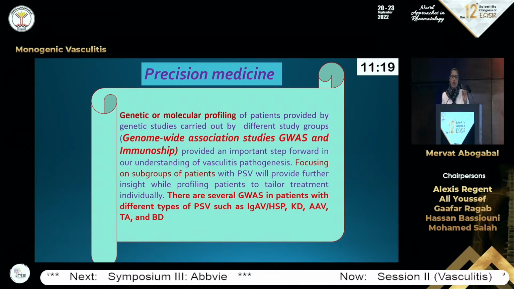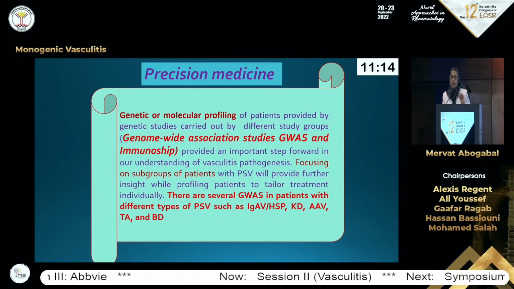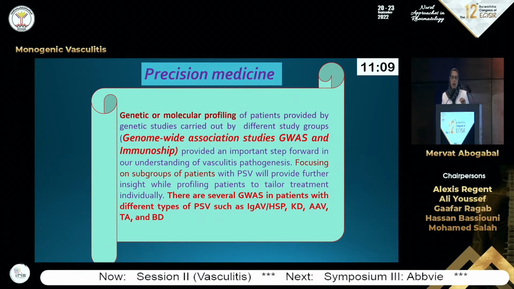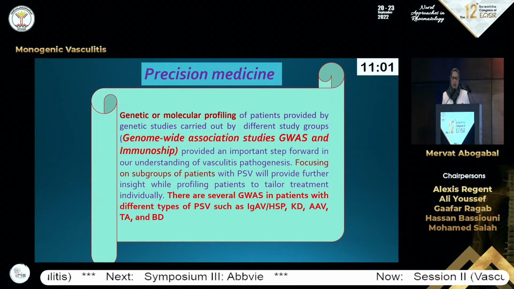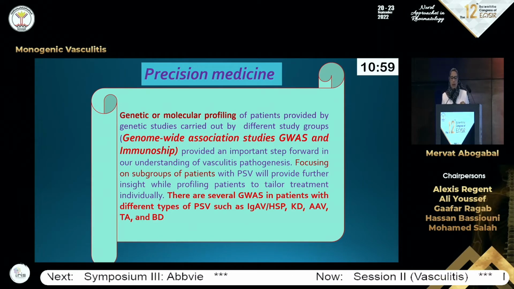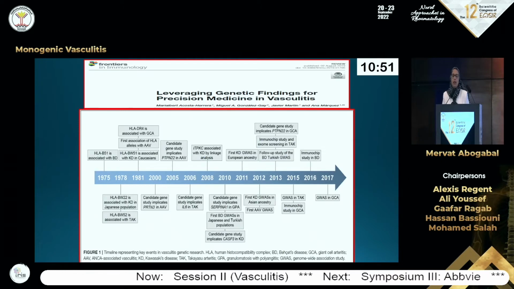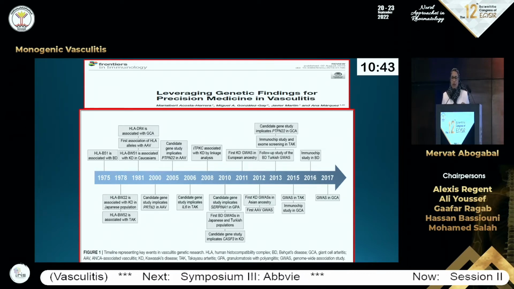Again, genetic profiling of patients provided by genetic studies carried out by different study groups like EGYSIR and Immunoship provided an important step forward in our understanding of vasculitis pathogenesis. And there are several EGYSIR results in different forms of vasculitis, like Henoch-Schönlein purpura, Kawasaki disease, ANCA-associated vasculitis, Takayasu arteritis, and Behçet disease. Even more, in this literature, they provided a timeline for the genetic findings for precision medicine in vasculitis,